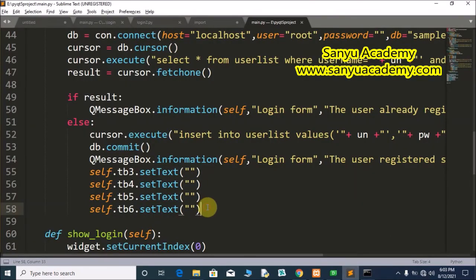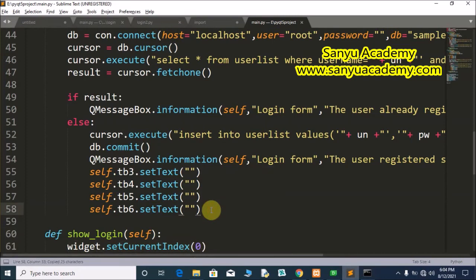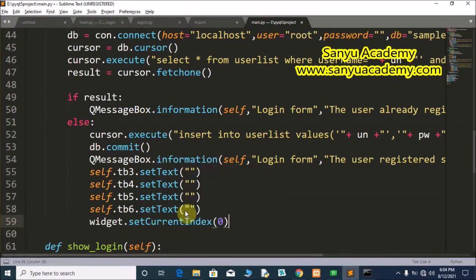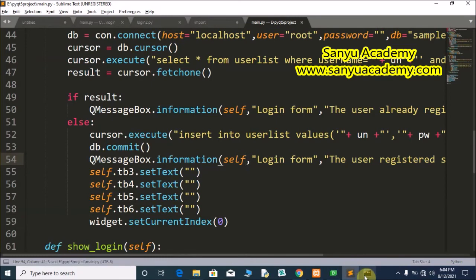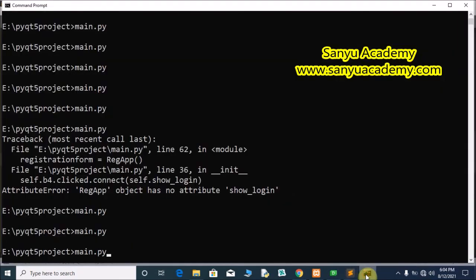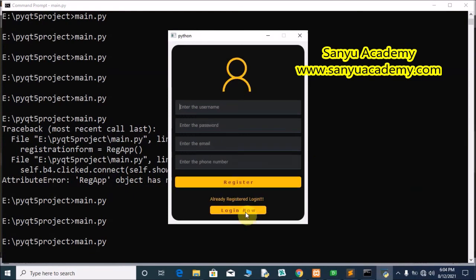After clearing all the text boxes, we have to go to the login form. Copy this code, go to the login form code and paste it after this. Paste. Now we will check one more user. File, save. Run this project. Click register now.